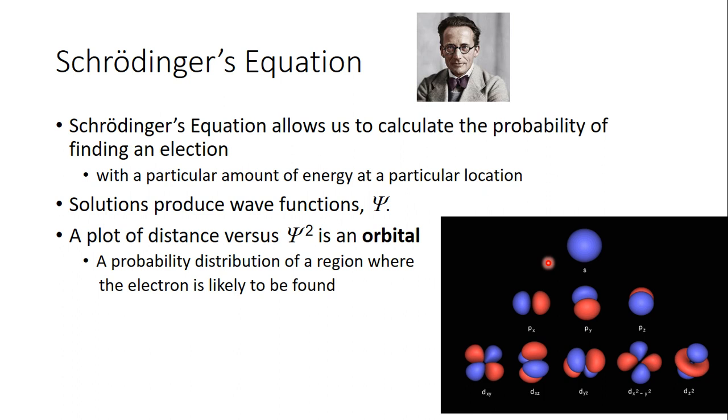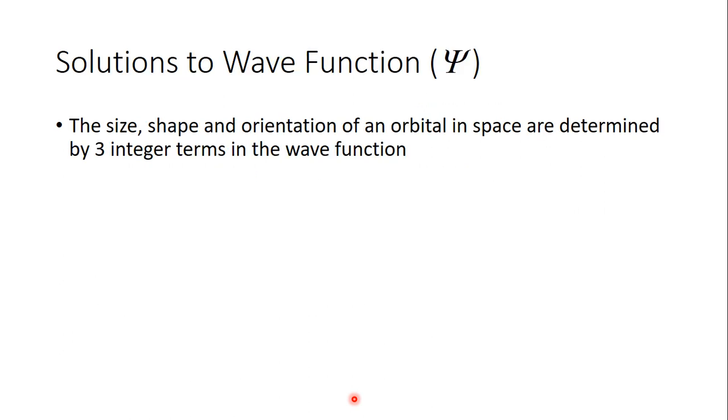So here's a picture of orbitals. For example, this sphere, this s sphere: if you solve the wave function for this and plot it versus distance, you're saying in this sphere I'm going to find an electron. Here are p orbitals. You're saying in this lobe I will find an electron, or in this lobe I will find an electron. You're just saying in these regions it is probable. You can't pinpoint exactly where it is. You can just say it is probably there.